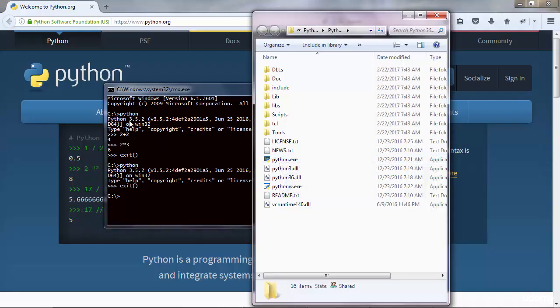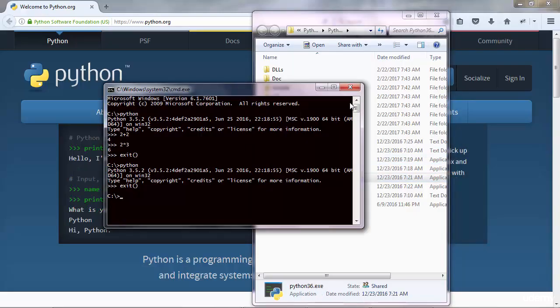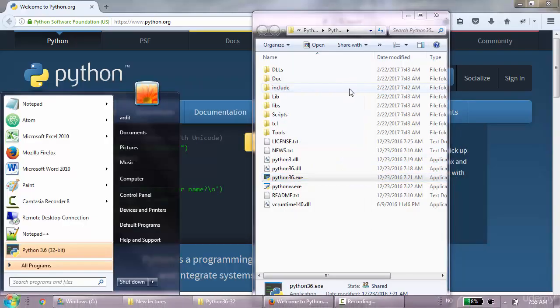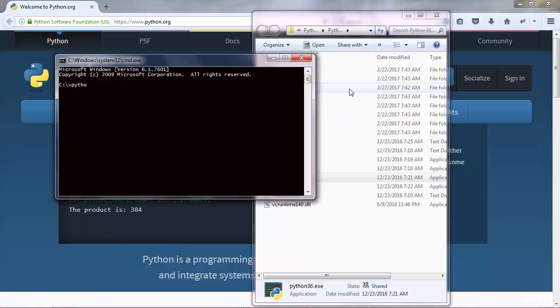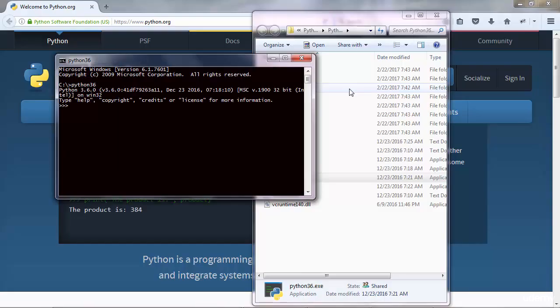That's why it triggers Python 3.5.2. So in that case, you may want to do a trick here. Let's say do Python36, restart the command prompt, and then run Python36 again, and you get Python 3.6. So that's a trick.